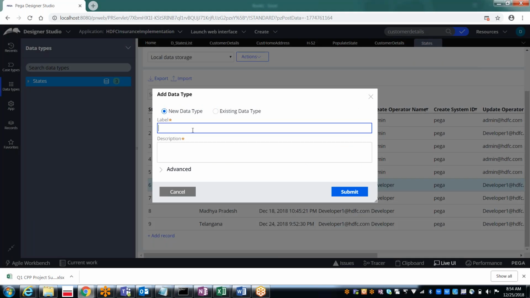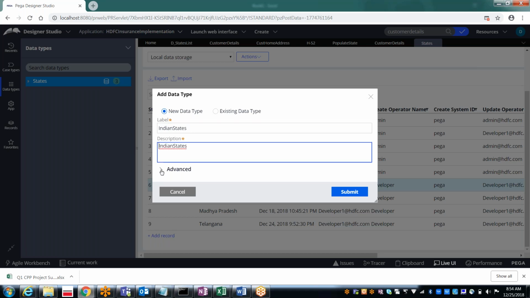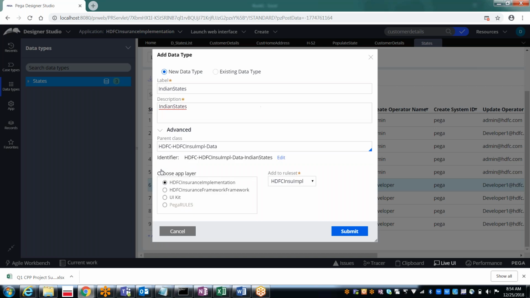Tell me some name. Indian states. So we can create Indian states, and the parent class should be data class only, and the identifier will be Indian states. And as I said, the application layer will be the same, and the rule set also will be the same. Now submit it.